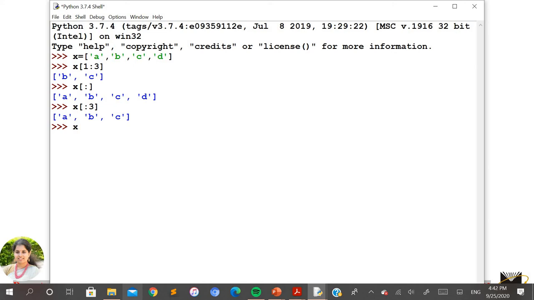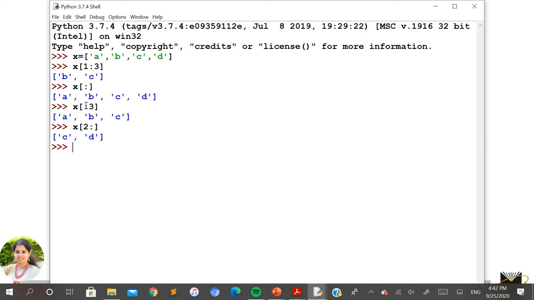So similarly, if I take in the reverse order here, I'll just take 2 with the colon here. So in this case, if you are not going to take the second parameter to this slicing here, it will start extracting the elements from the second position till the last value by default. You can see 0, 1, 2 is C and the last value is D. So these are the special slicing that you can apply whenever you want to access all elements from a list. So one of the methods is you can simply take only colon as a slicing into the square brackets, for which by default it will access all the elements from the list.